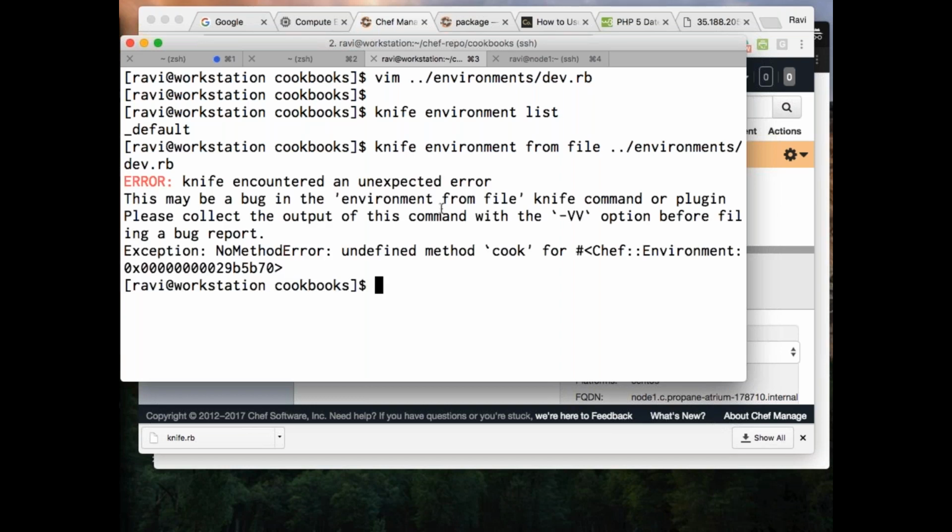It says here we have the spelling correct. Yes. It says there's a plugin environment from file. So let's say something might be wrong in that file.